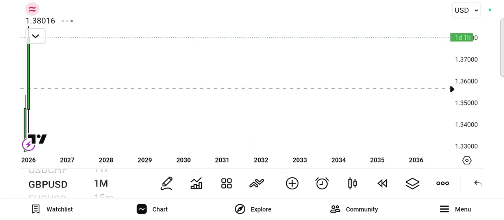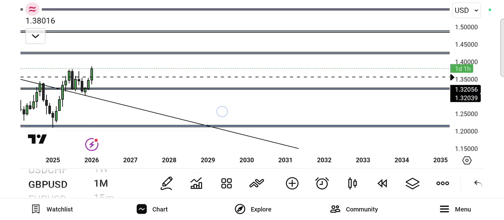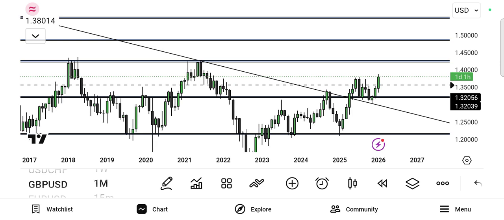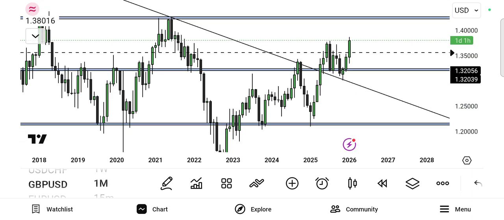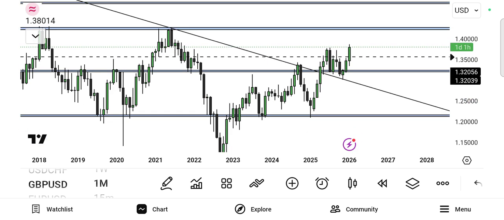As you all know, on the monthly time frame, I'm going to be taking out this alert because I want to make my chart look clean. So on the monthly time frame, breaking down this